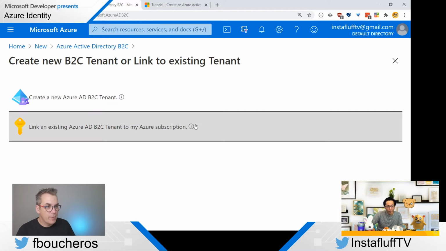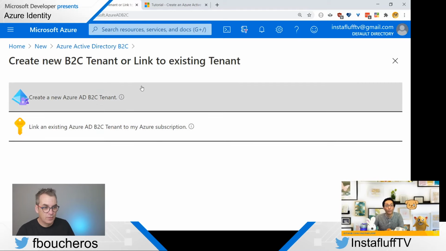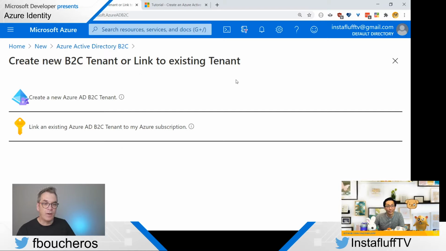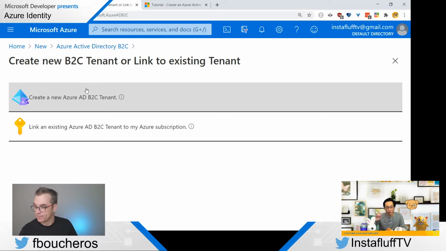Create. And are you using Azure Mask, Instafluff? Are you using Azure Mask right now to not show too many keys or secrets on your screen? Oh, I don't know what that is. You don't know that? Oh, I need to share that with you afterwards. We'll make sure you delete everything you create today. It was made by Clarkio. It's an extension in your browser, and it will blur any key inside the Azure portal, so it's super useful when you're streaming. Generally they give you the option to click to show, and I've seen that at least with this one.